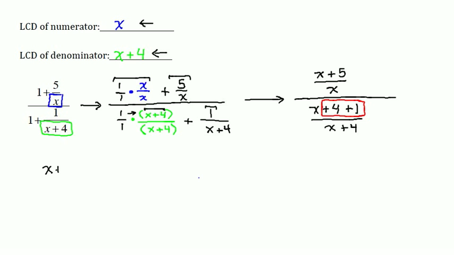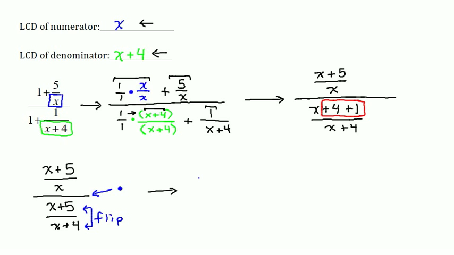So rewriting this whole expression now, x plus 5 over x, all over x plus 5 over x plus 4. I now have a quotient of two rational expressions, so I'm ready to go ahead and change this division into a multiplication, while in the same step I flip over the rational expression that we are dividing by. Both of those need to happen in the same step, so that this now becomes x plus 5 over x